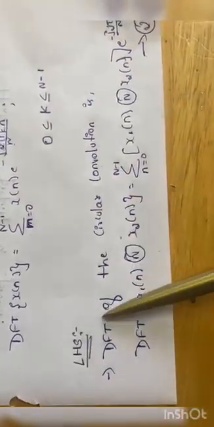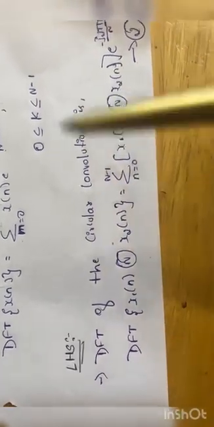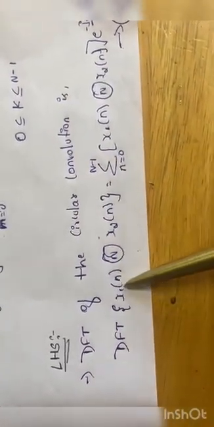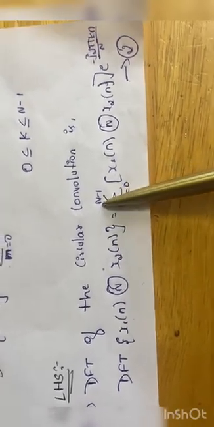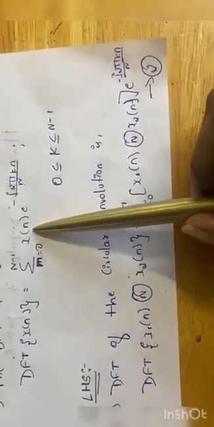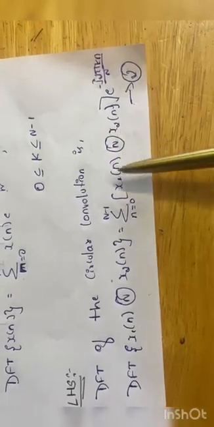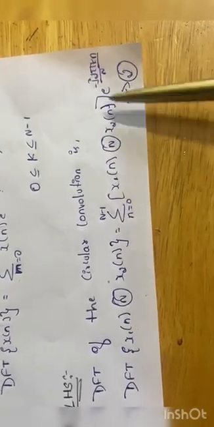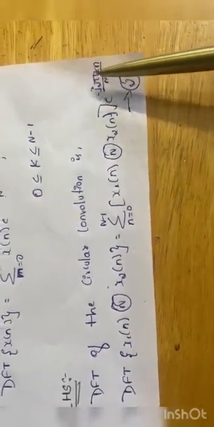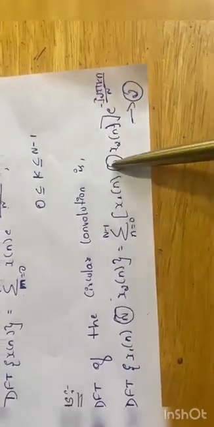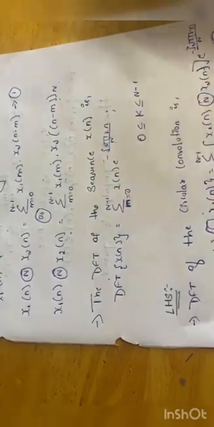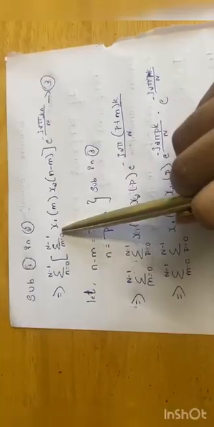So now let us take the left hand side. DFT of the circular convolution of x1 of n and x2 of n is equal to summation of n equals 0 to N minus 1. This x of n can be written as the convolution of x1 of n and x2 of n, into e to the power of minus j 2 pi k n by N. Let's consider this as equation 2. By substituting equation 1 in equation 2, we get